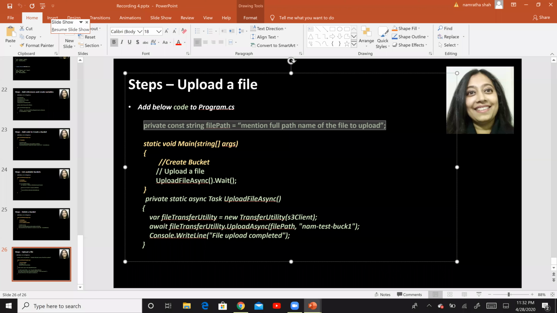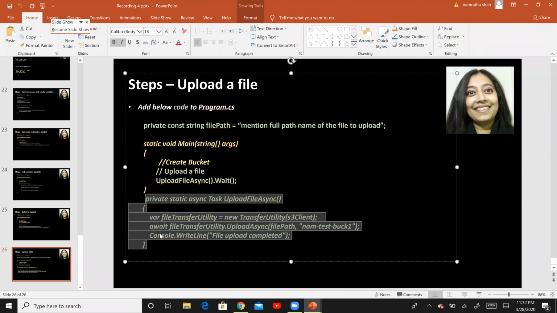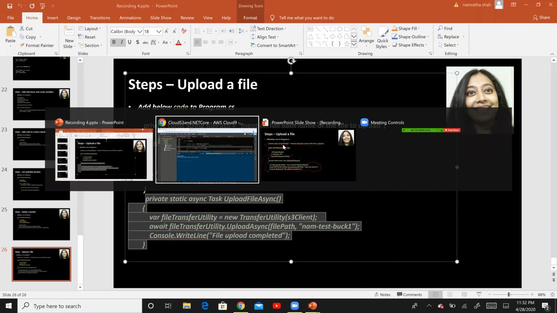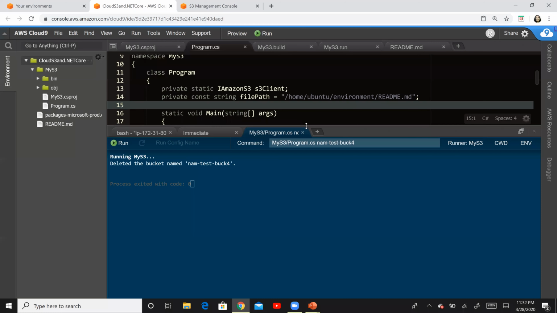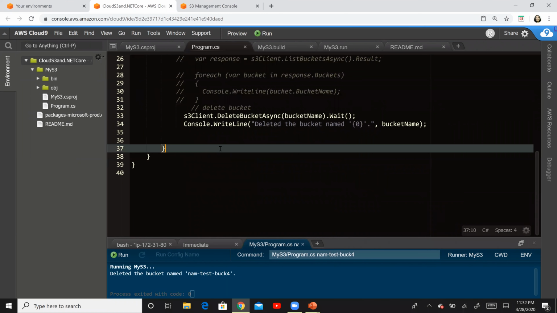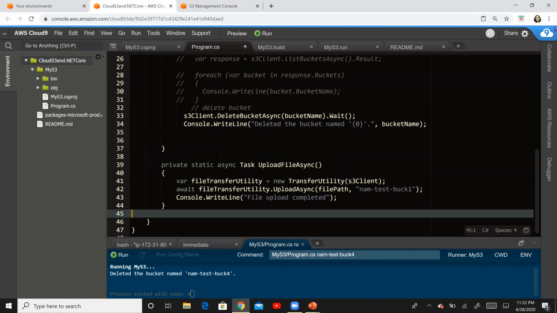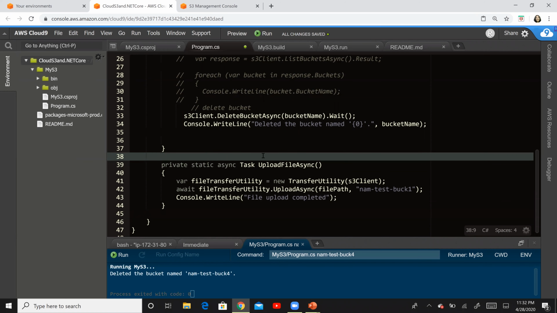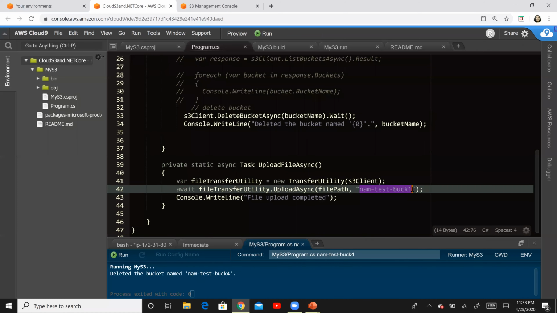The next thing that we will do is create a private function. I'm going to copy this. Okay, it's back. My laptop just froze for a couple of seconds, and we will basically copy this right here. So we have copied our function right there, and I've hard coded this bucket over here. If you want, you can get this bucket name as an argument.